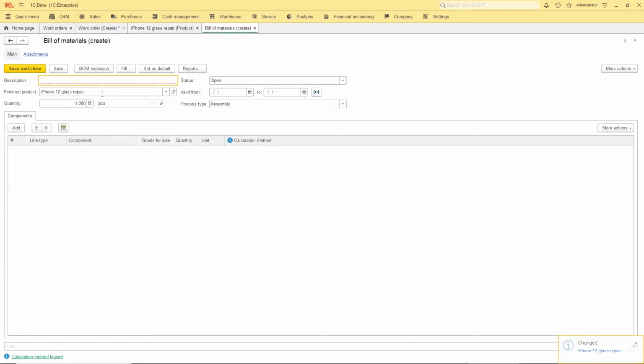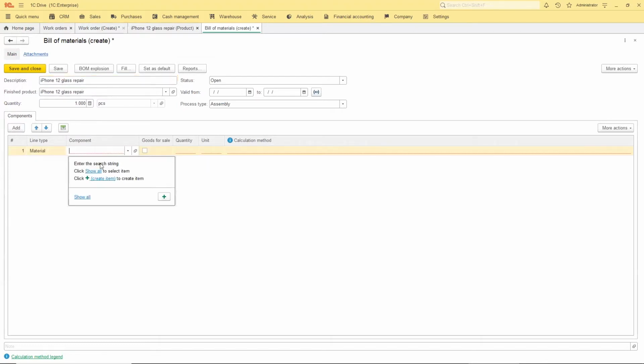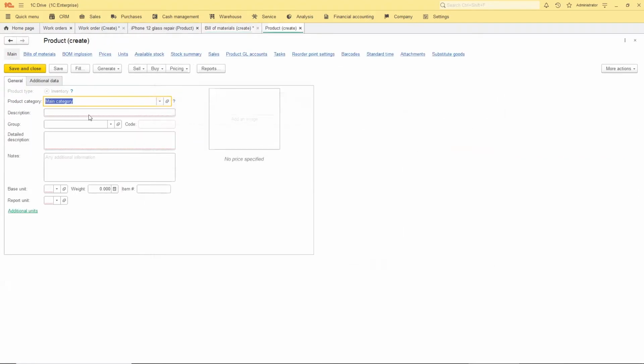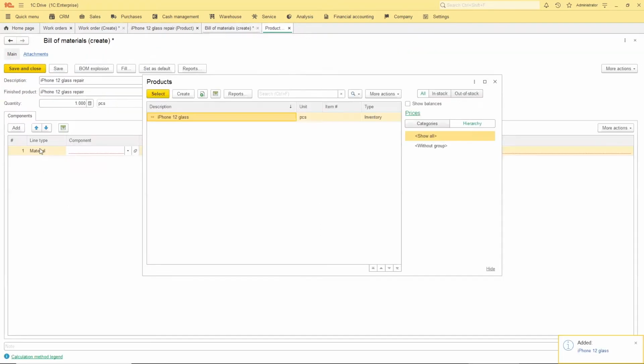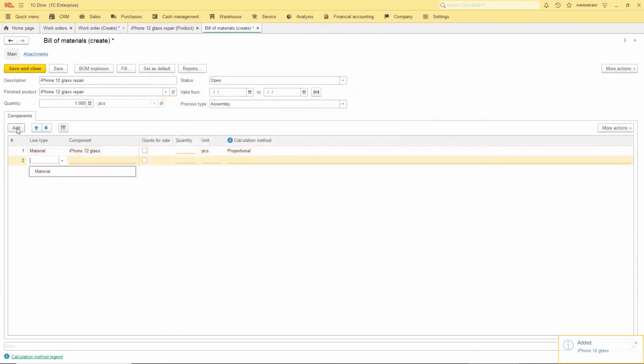So let's create a bill of material. You can use bill of materials if your procedure is standard, so you do it many times and you have the same components to spend for that. So let's create a couple of components, and one more.